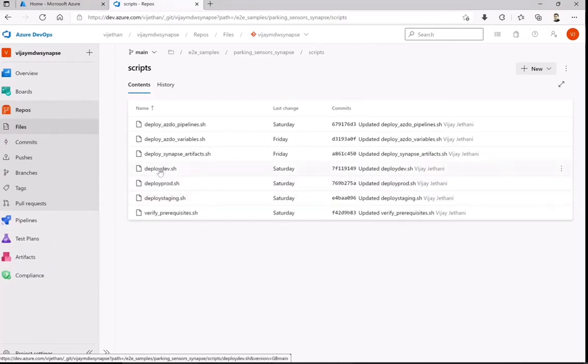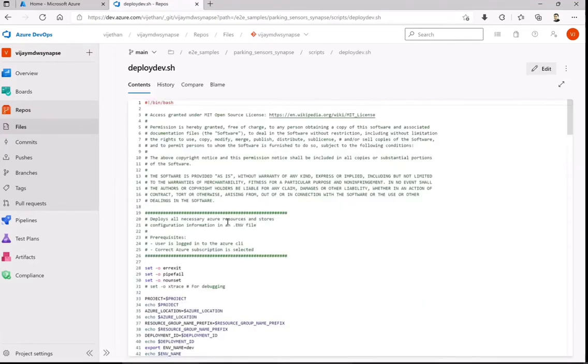Okay, so from the data perspective, you will see the Snaps artifacts will be deployed using this script. Similarly for the variables, and the other thing which we are not doing today is the pipeline, which I will show you how exactly even the pipelines are automated using this particular automation from Azure DevOps pipelines. That is also created at runtime once you have those in place in the repository. So let us go deeper into one of the scripts to understand step by step.